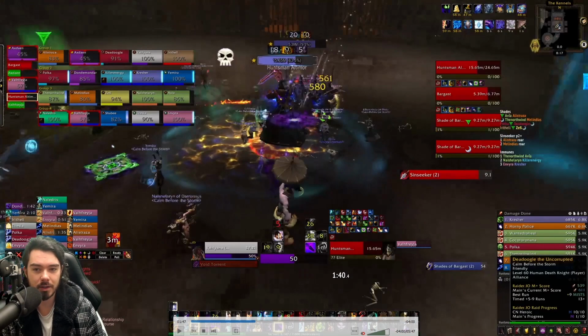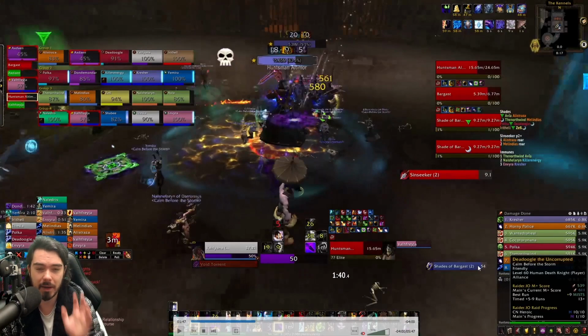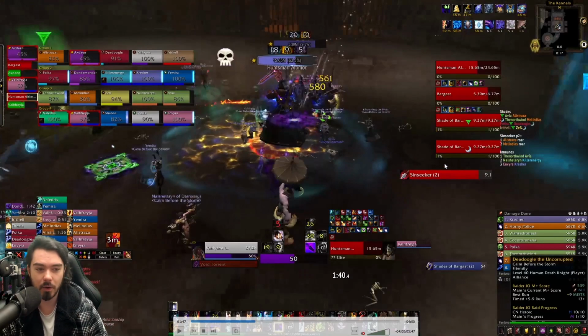I brought 2 Death Knights to this fight specifically for this. It's going to be very hard if you only have 1 Death Knight. I think if you only have 1 Death Knight, the best thing to do is, when you want to kill them, about 10 seconds before the next shade, or when they have around 20 stacks of a debuff,